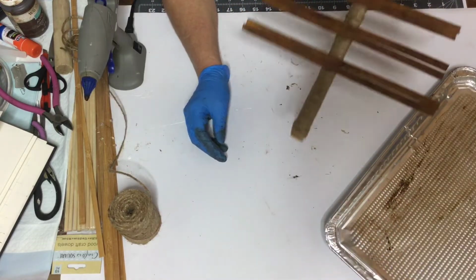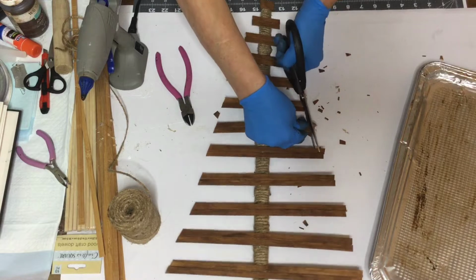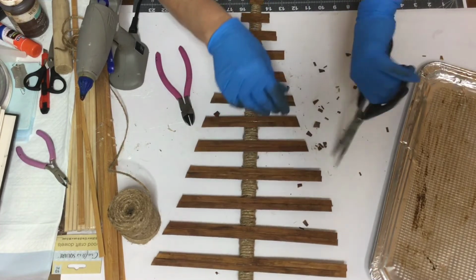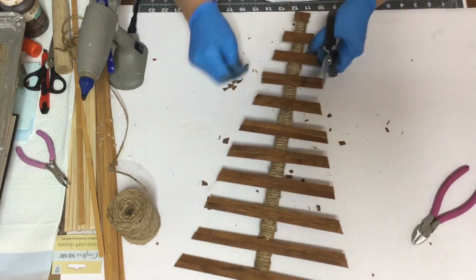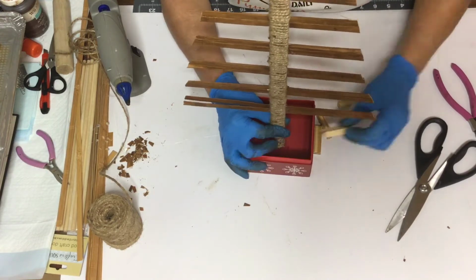And then I take my scissors and just kind of cut the sides at an angle to give even more of a shape of a Christmas tree. And so far I'm liking how this design turned out, and you could even do this with the craft sticks or the painter sticks. But I thought it was neat that I had the old blind and I wanted to